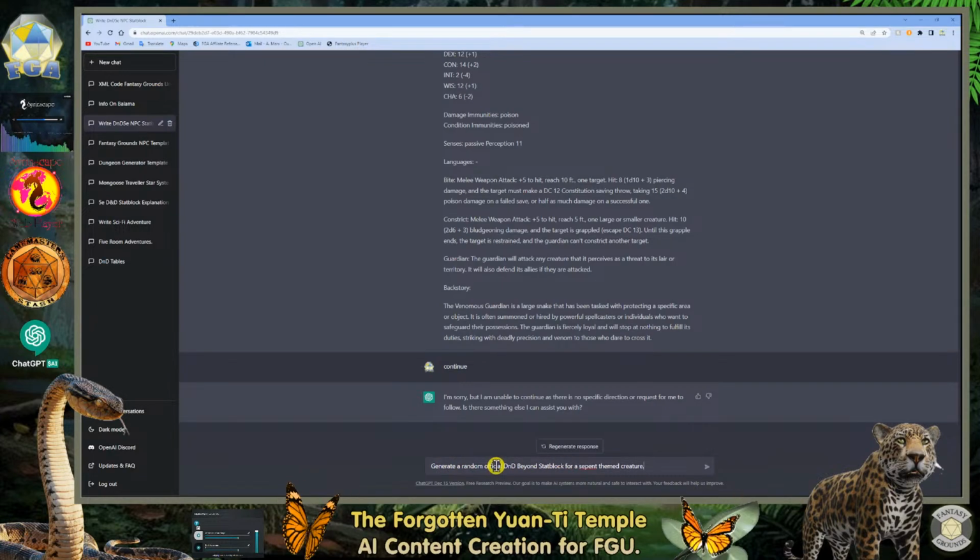Instead of random, I'm going to say an official, because it might do some weird stuff. Generate an official D&D Beyond monster stat block